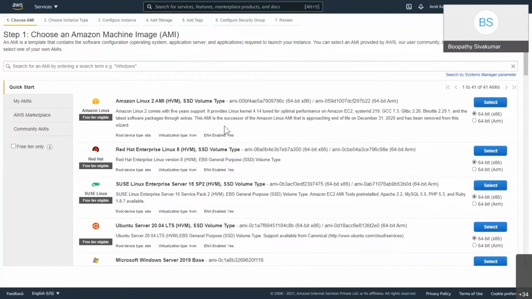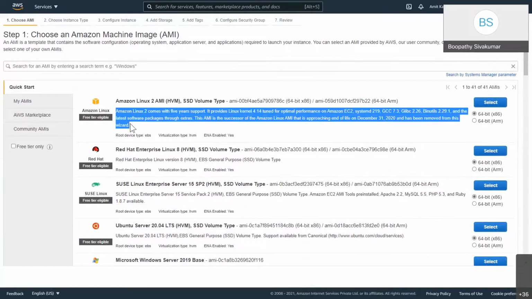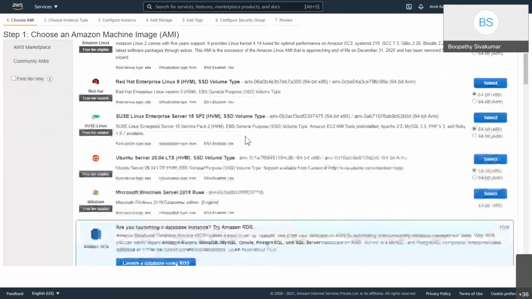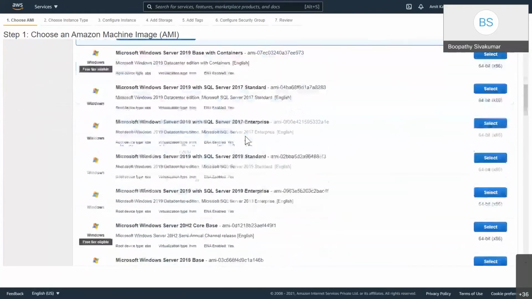The first one is the Amazon Linux 2 AMI, which is the latest version of Amazon Linux. They give 5 years support, and they list out the packages that are installed. Same way, if you go through all the OS, you will see a lot of different information.